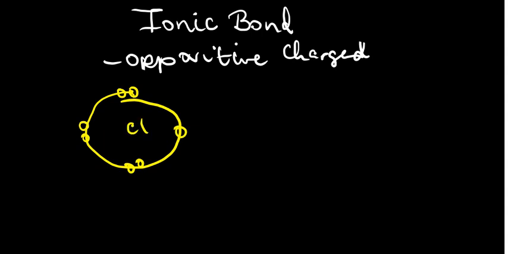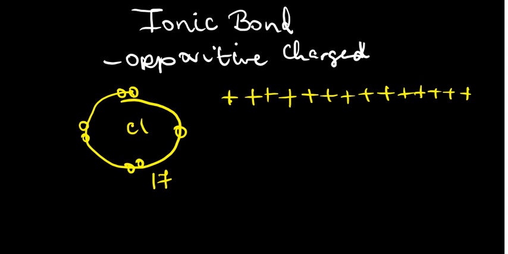So the same thing is going to apply. The atomic number is 17, so it means we have 17 protons: 1, 2, 3, 4, 5, 6, 7, 8, 9, 10, 11, 12, 13, 14, 15, 16, 17. Okay, we'll equally have